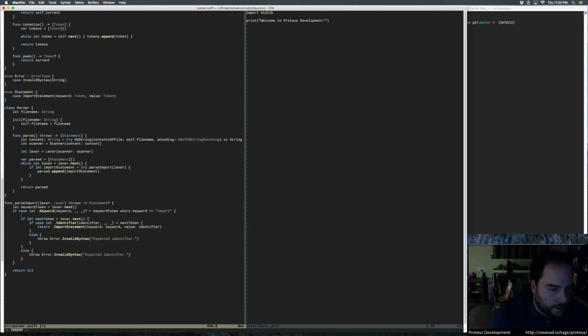If that's the case, then we're going to do let identifier token equal lexer.next. Delete to identifier token, import stream, and then over here,